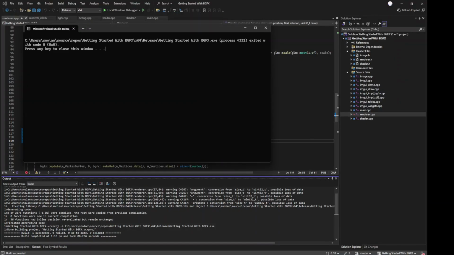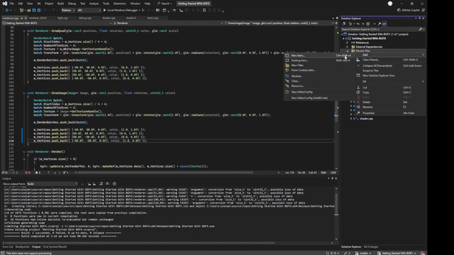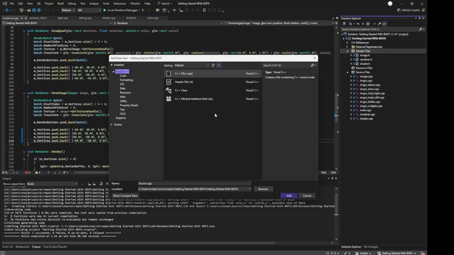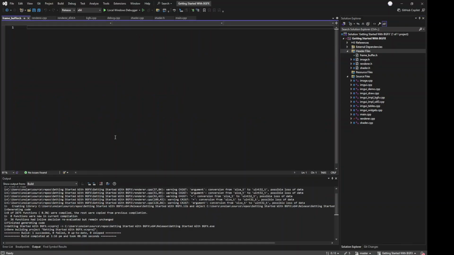First thing we need to do is make our header file. So we'll create a new header file, add new item. We'll call this frame_buffer.h. Pragma once, include the BGFX header, then we'll create our frame buffer class,